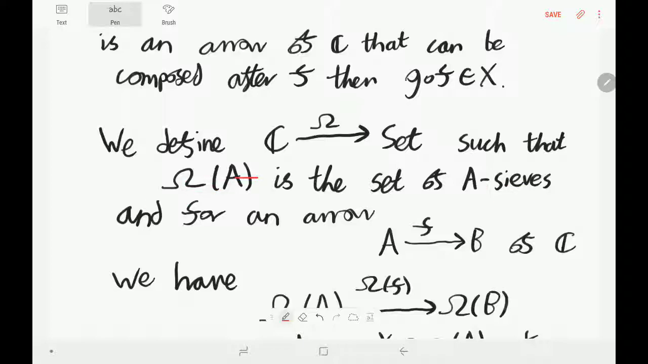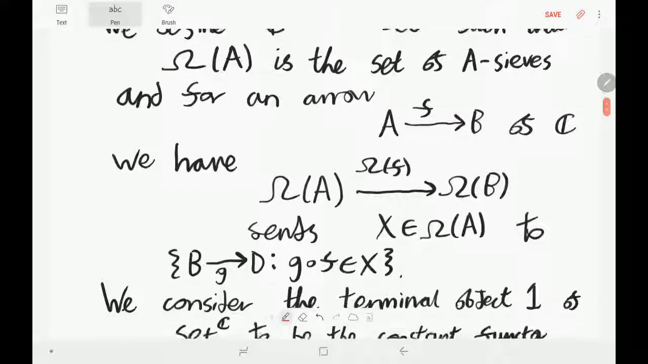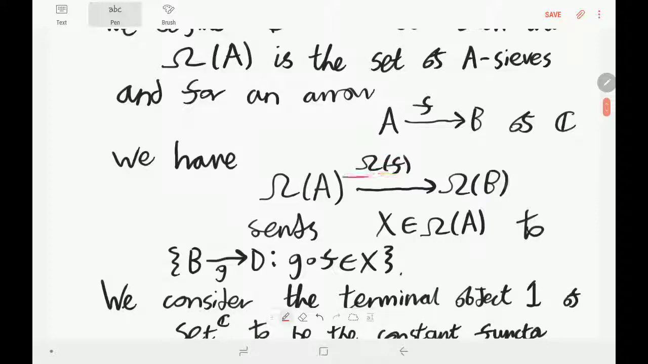So that's how this functor works on object A of C. How about arrows? Well, let's say we have an arrow F of our category C, which goes from an object A to an object B. Now, omega of F is obviously going to be a function sending omega of A to omega of B, and that's going to send